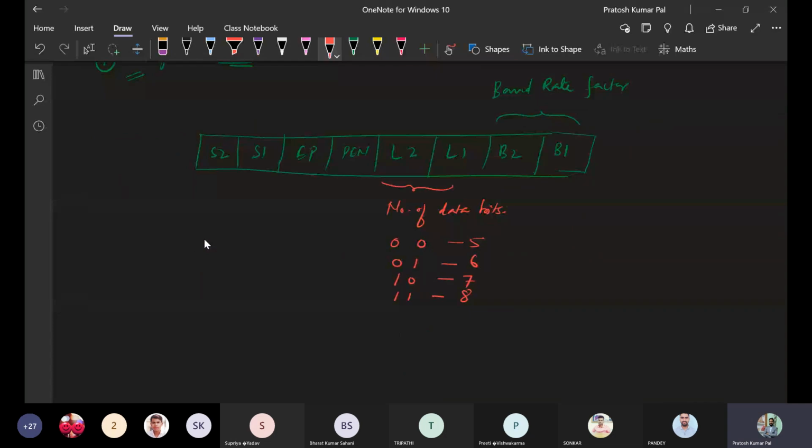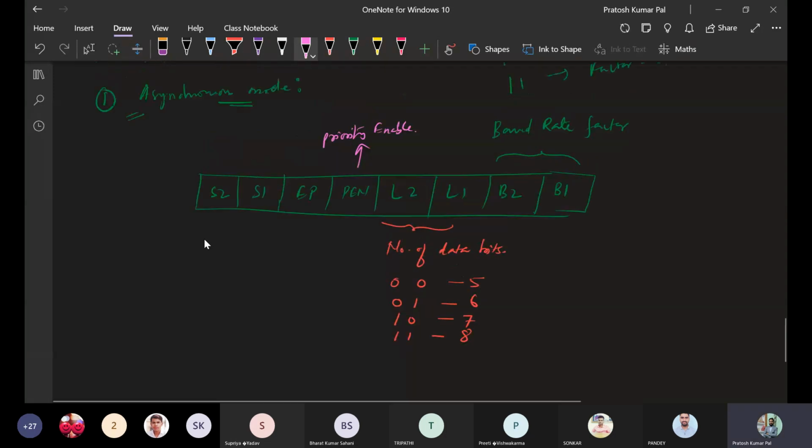The next one is PEN. This PEN is called parity enable.